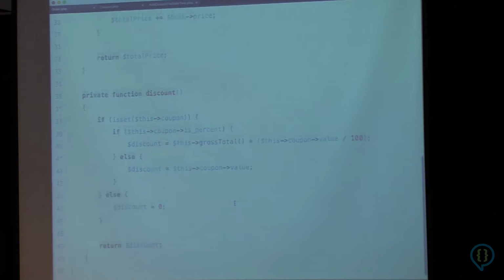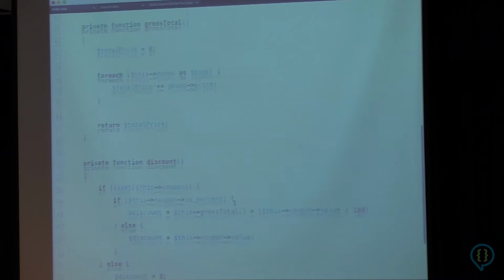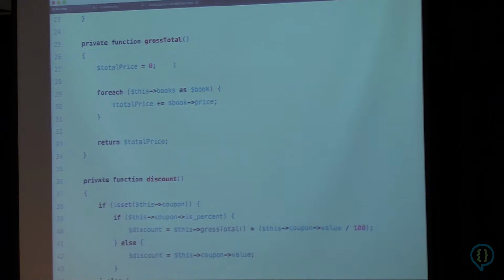So let's look at each one of these methods one at a time and figure out what we can do to clean it up. So this first one, where we're using this for each loop and stuff, there's simpler ways to do this if you're willing to explore some sort of functional programming ideas. I find just about every time that you have a for each loop, what you're trying to do already exists as some sort of function that has a name. In this case, this is a functional operation called a reduce.